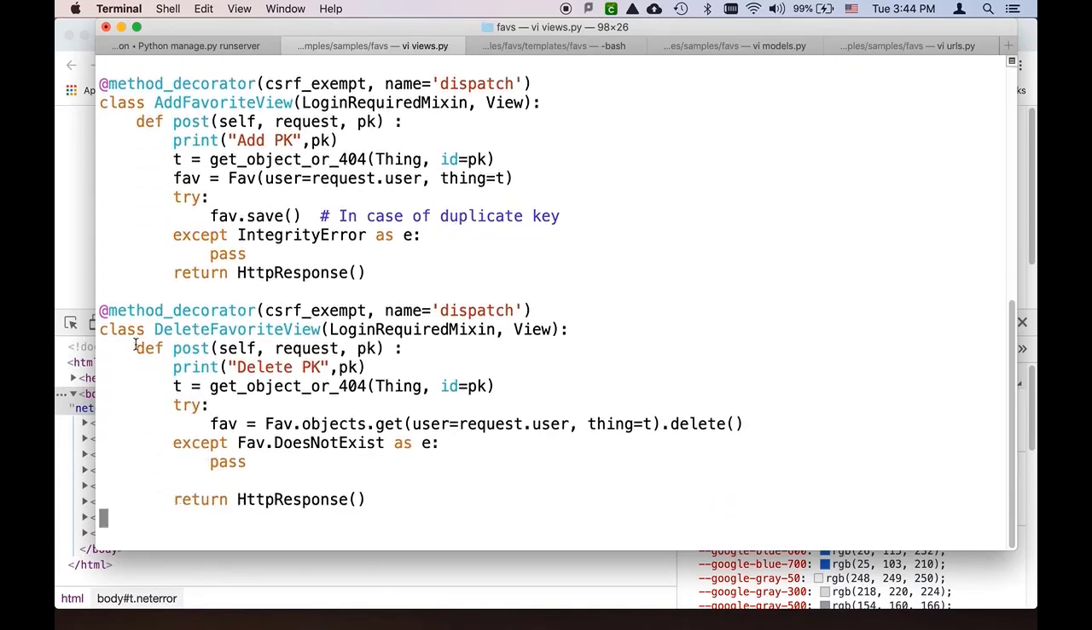Right? So in delete favorite, we're CSRF exempt. We have to be logged in, because if you're not logged in, then request user is going to blow up. This line's going to blow up because request user is not necessarily set if you don't have login required. So that's why we drop the login required mixin right here. And then we load up the old thing. And that's because we need to put it in this filter. So this is like a where clause in SQL. Fav objects get user equals the current logged in user, and thing equals T. T was the primary key of that thing. So if we can get it,